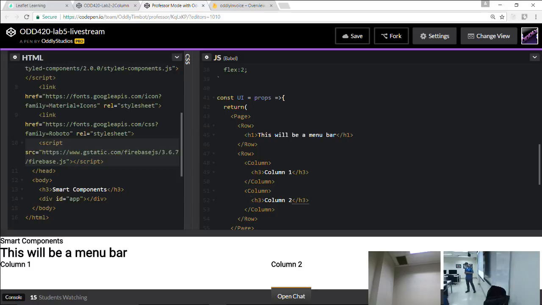What should we do in column 1? In column 1, we're going to create an interface that will put the info into Firebase. So this will push it in. This will show it coming out. We're making pretty good progress here.